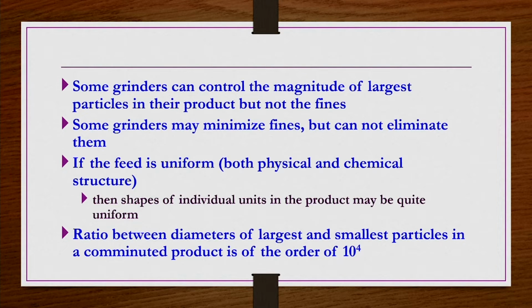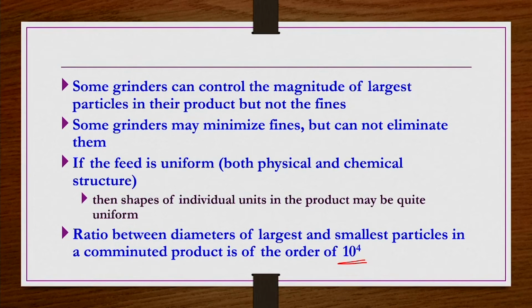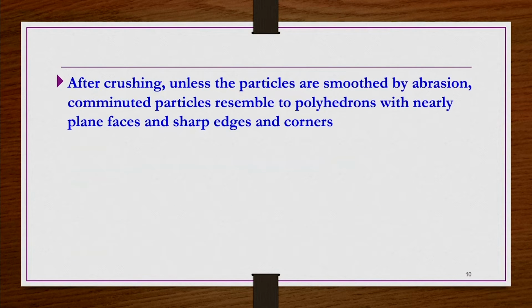The ratio between the largest size particle and the smallest particle of the product is in general of the order of 10 power plus 4. Such wide is the product size distribution after size reduction. Then after crushing, unless the particles are smoothed by abrasion, comminuted particles resemble polyhedrons with nearly plane faces and sharp edges and corners. These polyhedrons in general may have 4 to 7 faces depending on the type of material